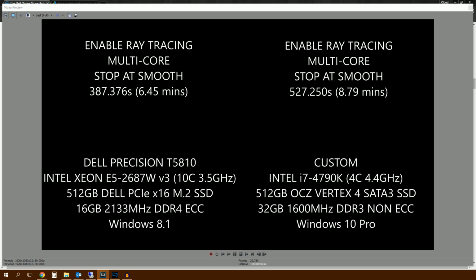So that was quite a surprise. Those short burst operations seem to be quicker when you've got a PC with a higher clock speed. But then once high ray tracing kicked in and all 10 cores were able to just pick up speed and go nuts, you saw the Dell PC just raced into the lead, and it finished a good 2 minutes quicker than the gaming PC. So I think my conclusion from this, my personal conclusion from this, is that if you